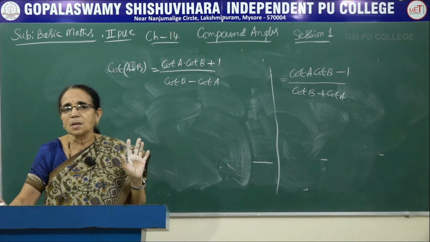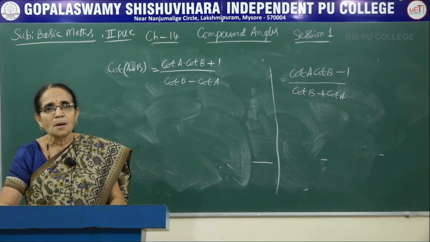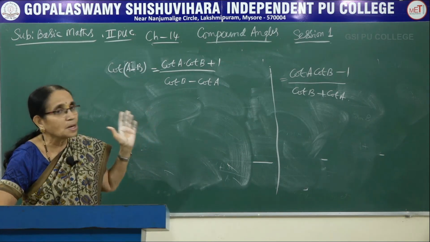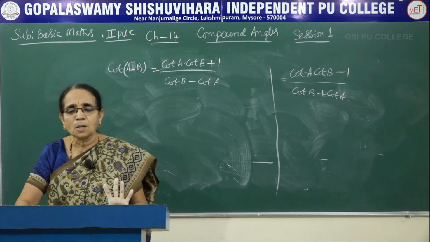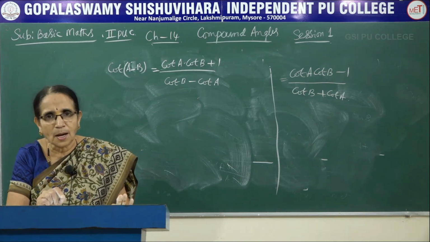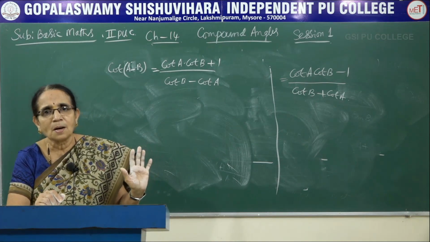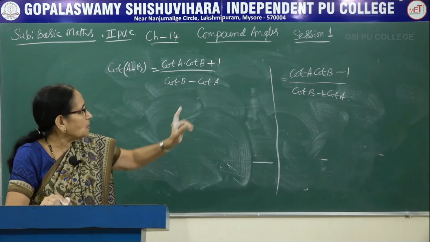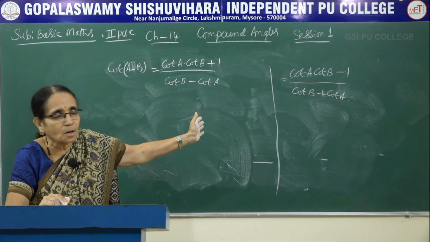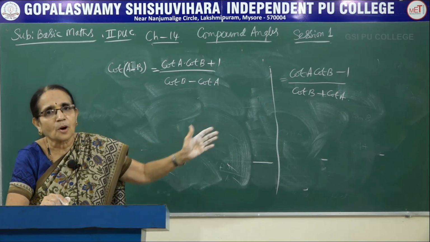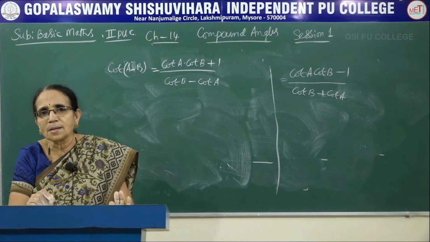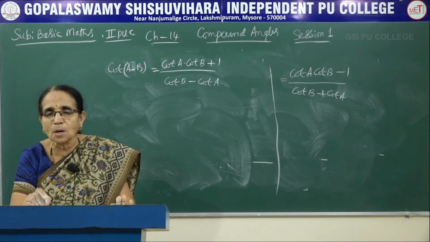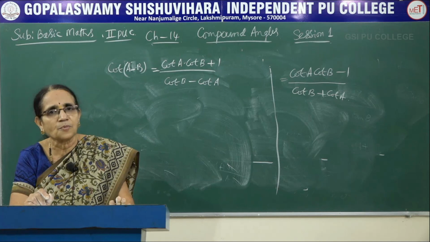Now these two can be remembered as formulae also, but as a problem also, for a 2-mark question you can expect these things. So what we have learnt now: the definition of a compound angle and the formulae for the angle A plus B and the angle A minus B, and we have derived 2 more formulae. These also can be included in the set of formulae, and using them we have calculated some standard values, trigonometric ratios of 75 degrees and 15 degrees.